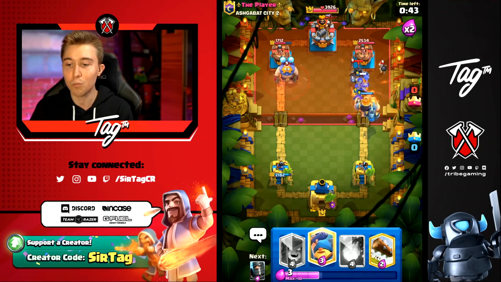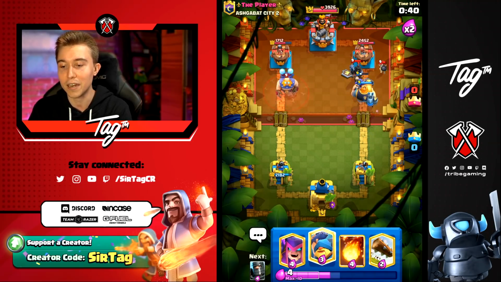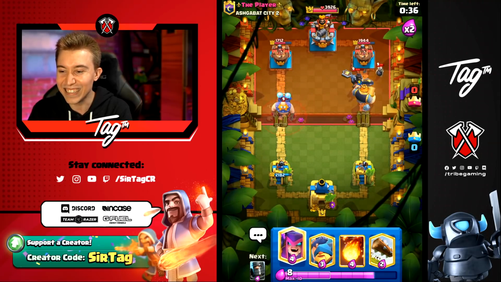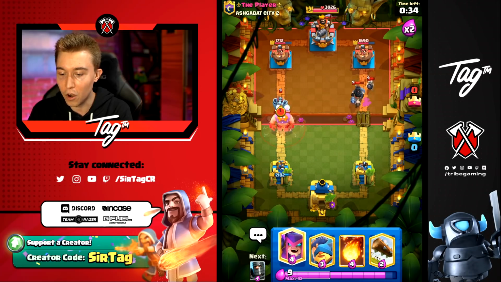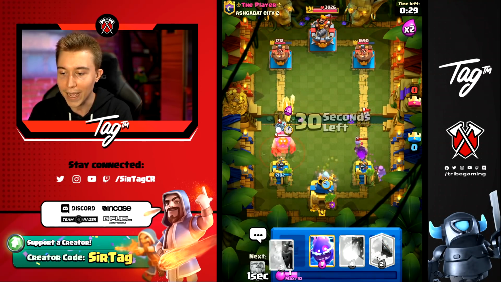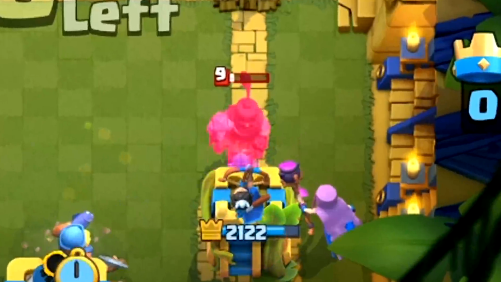very heavily on a Fish Boy to go and kite the Electro Giant directly into the King Tower, or, you know, make him pretty miserable. So, as you guys can see, it's working wonderfully for us. We are going to go in for a Mega Minion counter as soon as we can. We definitely want to go and pull that thing back. I want to make sure that the Dark Prince is...